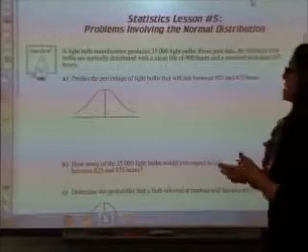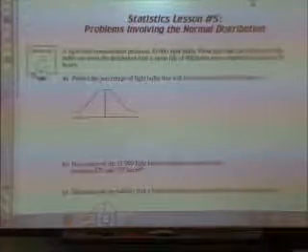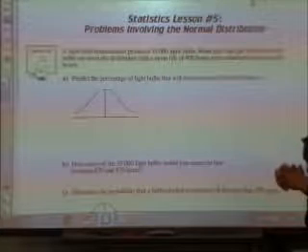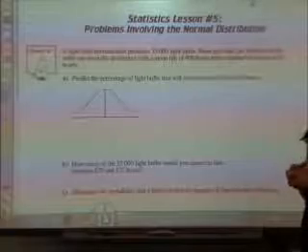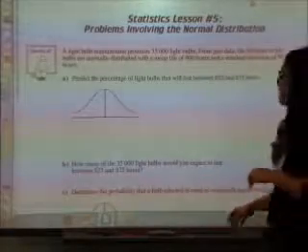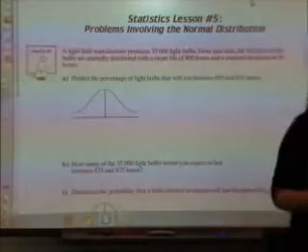So a light bulb manufacturer produces 35,000 light bulbs. From the past data, so the samples that they have tested, light bulbs are normally distributed. They have a mean of 900 hours and a standard deviation of 50 hours. So question A says predict the number of light bulbs or the percentage of light bulbs that will last between